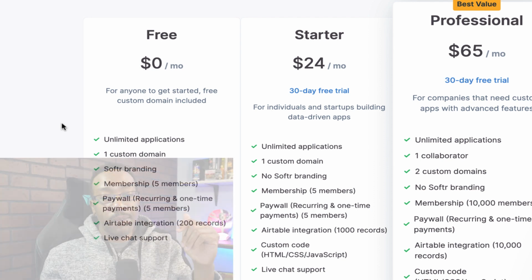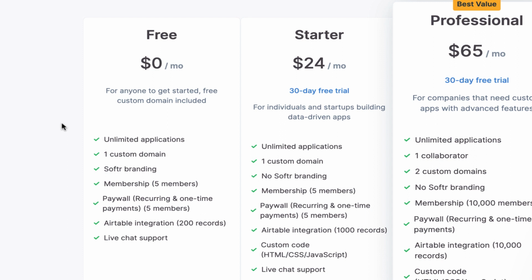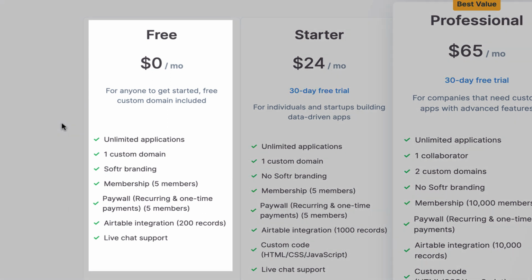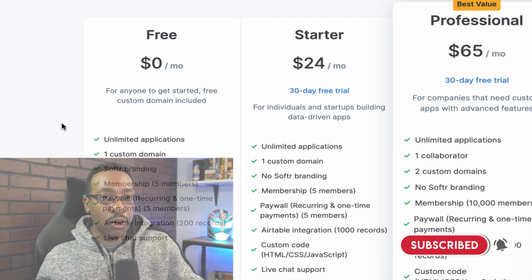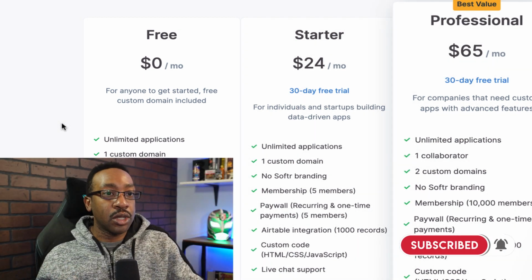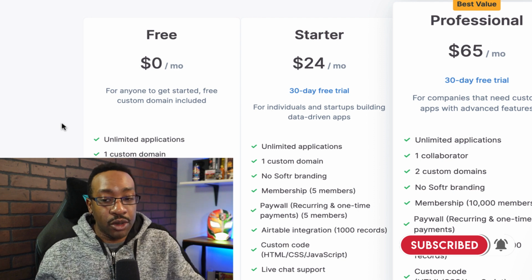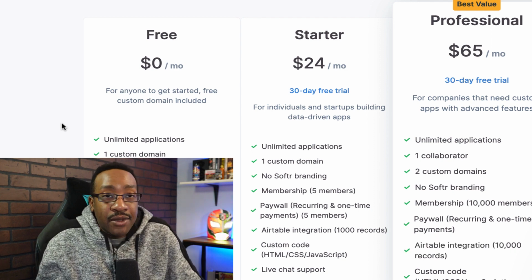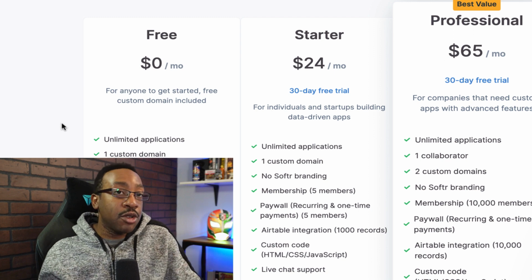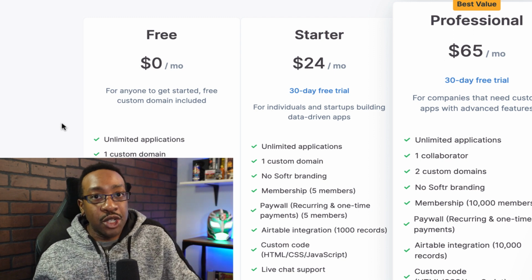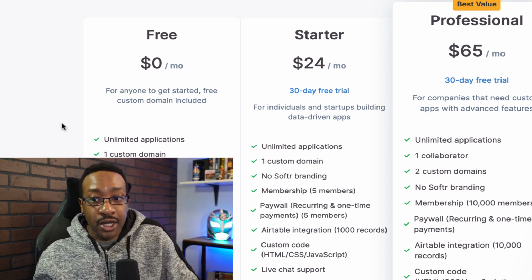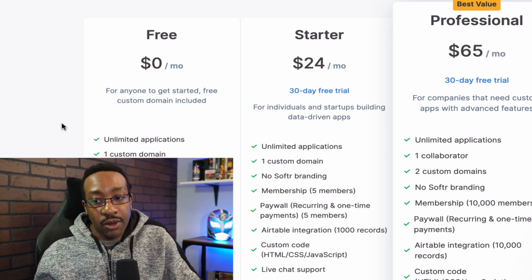Also, you can test out the membership. You can go up to 5 members. This is reasonable for free because you can even test out, are they going to be paying members before you go on beyond that. If you can't get 5 paying members, you know that you're going to have to work on your deliverables or making sure you're in front of the right audience to be able to have this work for you long term. If you can, that will then allow you to scale up into the starter or professional plan. I'm a huge fan that you need to validate and make sure that this is profitable before you start scaling, and the free plan allows you to do all of those things.